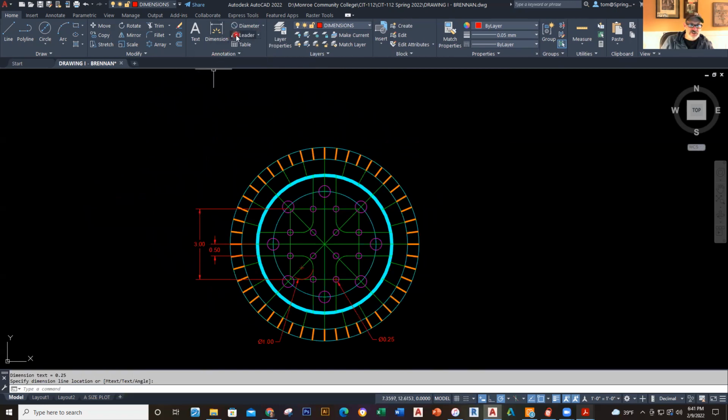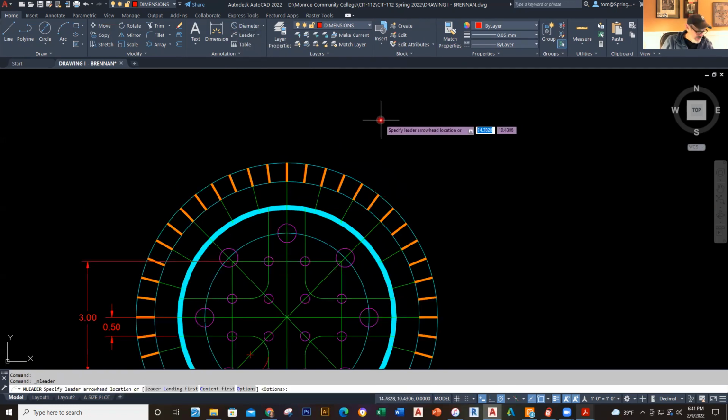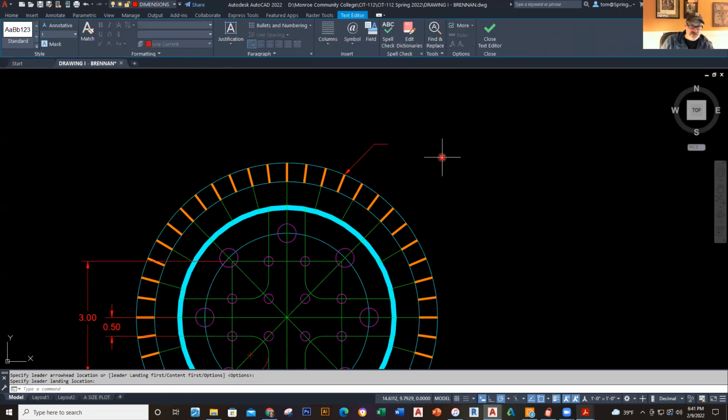Okay, now the notes that I have here, one thing about these is these were actually done with what's called a leader. Leader is right here. So if I click on leader, I'm able to take this and specify where I want it to go. So I'm going here and I'm coming one off here. I'll go ahead and just point it right to here. I'm going to pull this off like there. And once I do that, I can go ahead and type in,